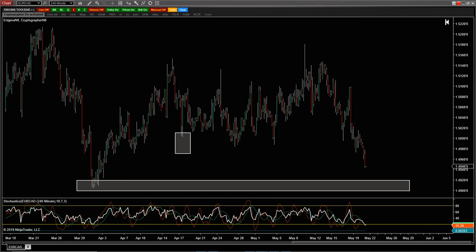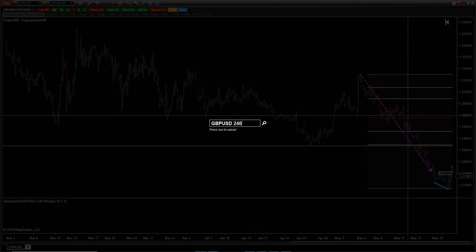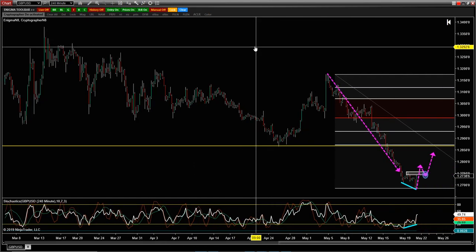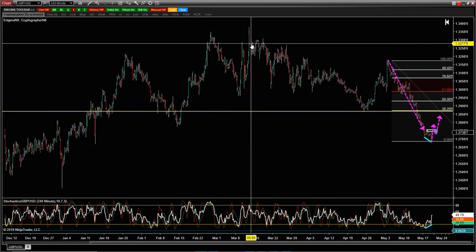Let's take a look at the cipher on the 4 hour. We spent the whole last part of the section doing pound dollar Q. All right, Gabby says potential cipher at market. What's the X leg, Gabby? So I can measure it out.